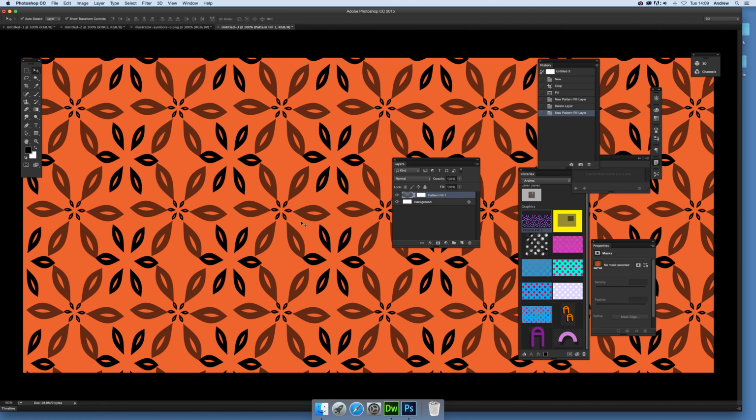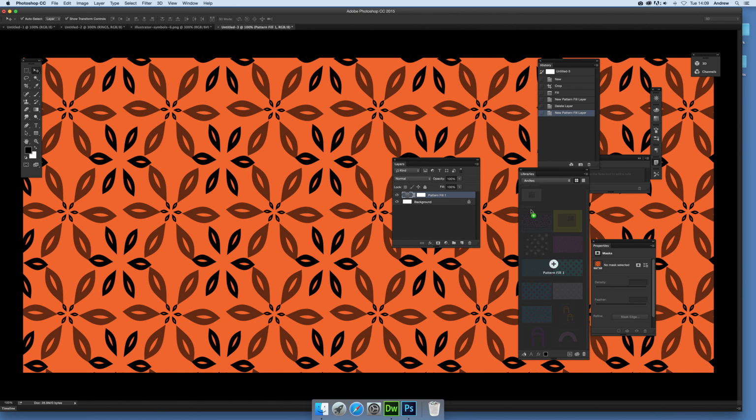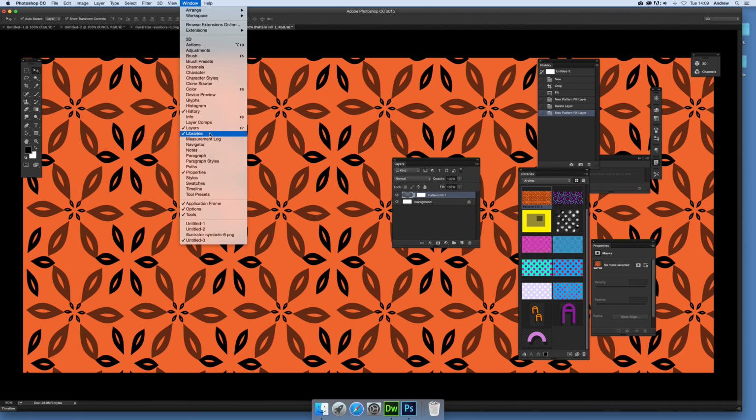Once you've got them loaded into the palette, of course you might add some other patterns, you remove them, and then you think, where did I put those patterns? Well, you can store them before you get rid of them. You can store them in libraries. So just select the layer, and you can just drag that across to libraries, and you just see it adding it there. Now if you haven't got libraries, just go to window and libraries,